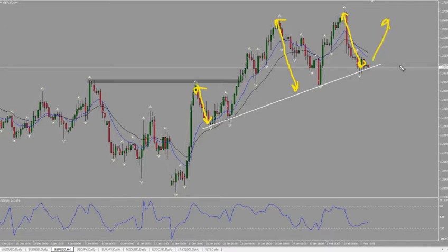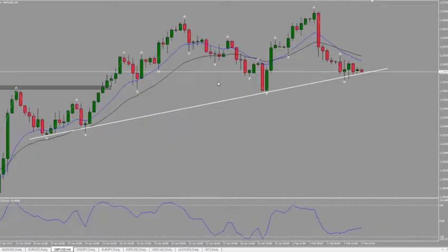Okay, but what I'm trying to say is, if you are going to try and trade it as a head and shoulders, it's not the most classic one, but it technically is a head and shoulders. So this shoulder is actually smaller than the head. The shoulder cannot be bigger than the head, otherwise it's not a head and shoulders pattern. Okay, so if you're going to trade it, let me zoom in, as a proper head and shoulders pattern, there's